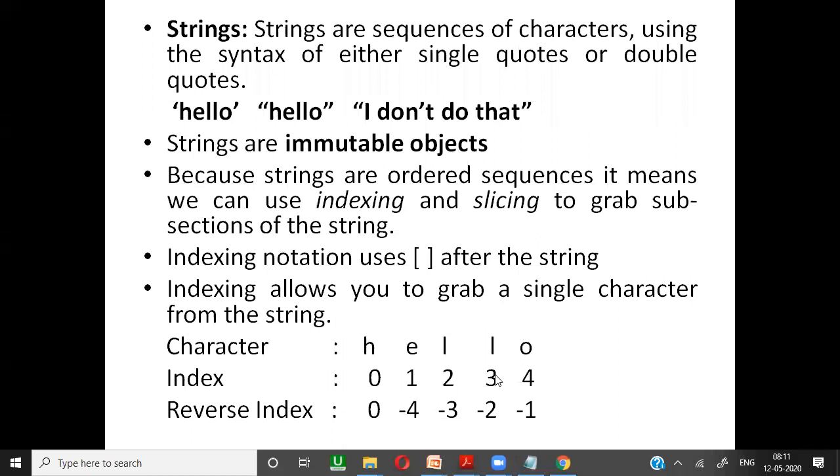But in Python, we also have reverse indexing. The group of characters can be represented with reverse indexing. When it comes to reverse indexing, the zeroth cell stays as the zeroth cell, and the last cell is pointed to by index -1.